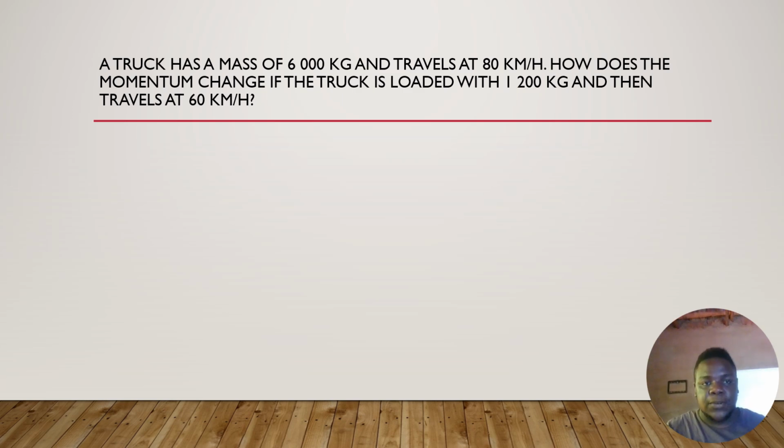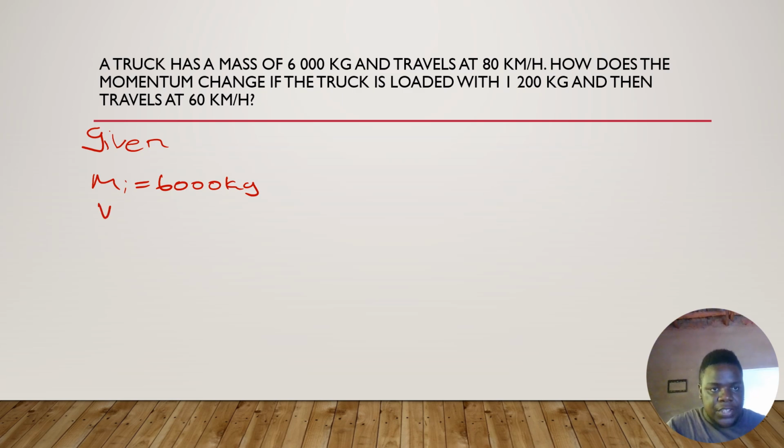You can try it. Now, in science, we know if we meet a question and it has a lot of things, what we have to do is to list our givens first. What is given? Let me write it down. Given. If you have a pen and a paper, you can write them with me. Now, the mass initial is 6,000 kg. Now, the V initial